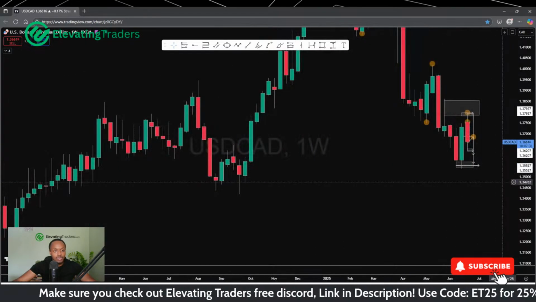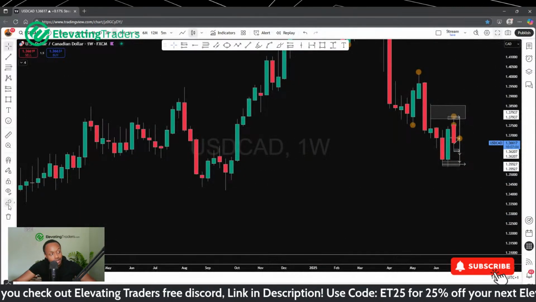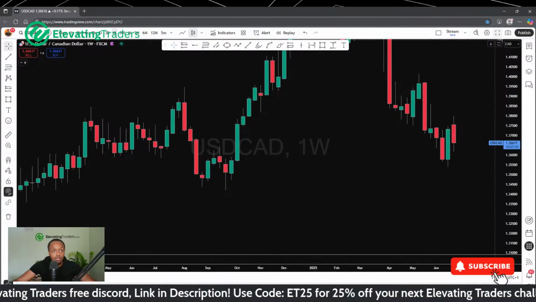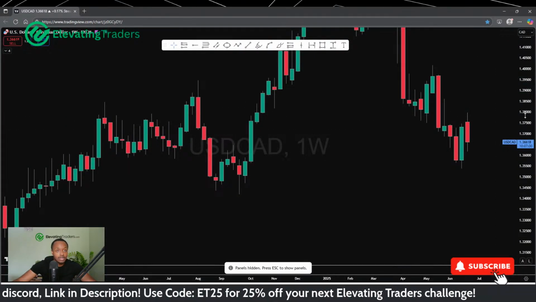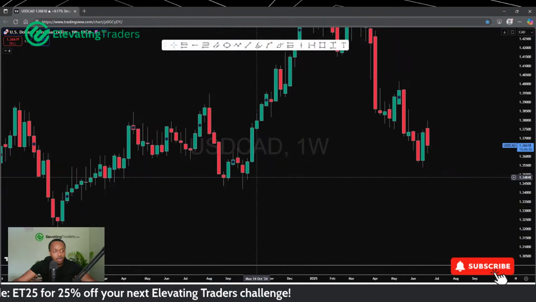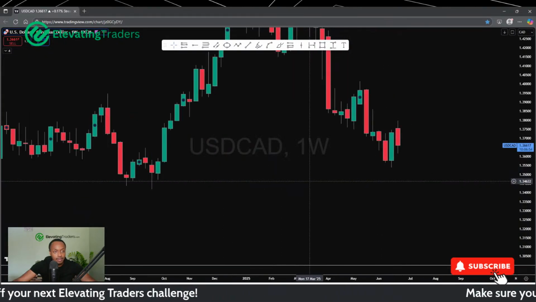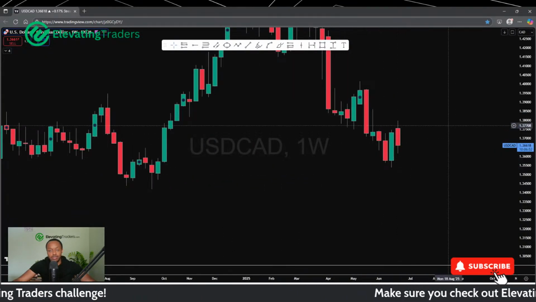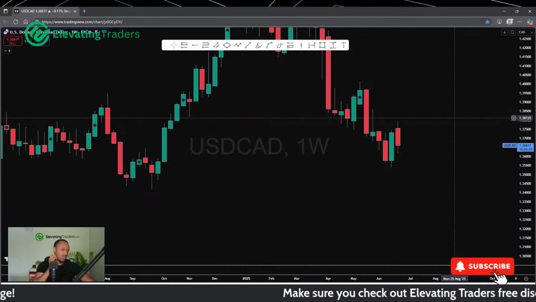So basically what I'm seeing with this week's price action with dollar CAD is not much. I'm not really seeing any major momentum. I'm not really seeing any major rejection either. There's support below us here. That's probably where price is headed towards, back to the low here. But not really showing much momentum or rejection. So there's nothing really to take away there with dollar CAD.